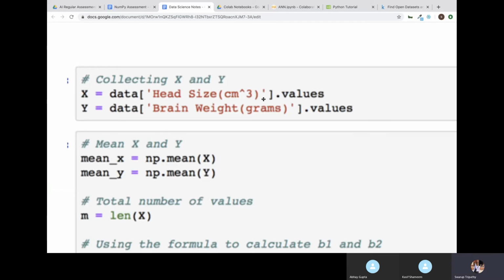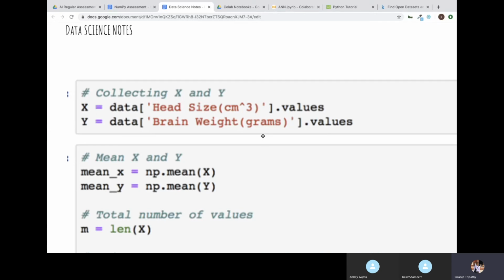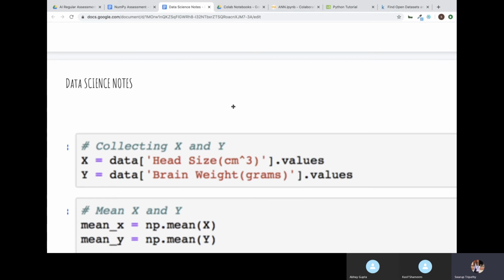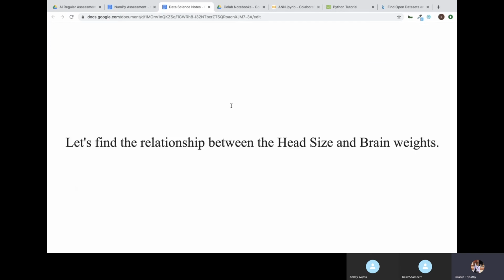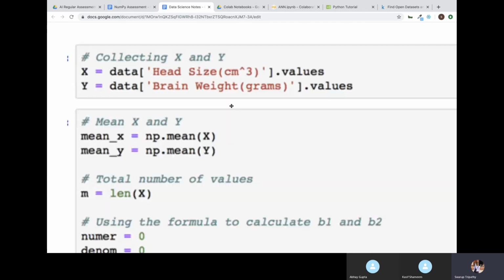So here when you are writing the column names, actually copy paste the column names. No need to write the entire thing because sometimes special characters and other things will be there. So you can directly copy paste your column name from the data set when you are reading, like data.head you are doing. So from there only you can copy paste the column names. That is much easier.